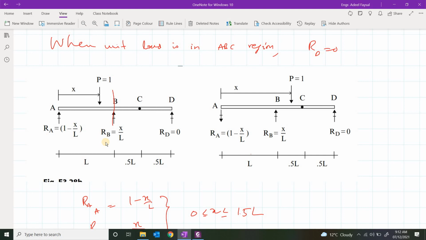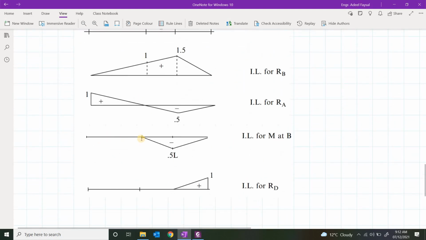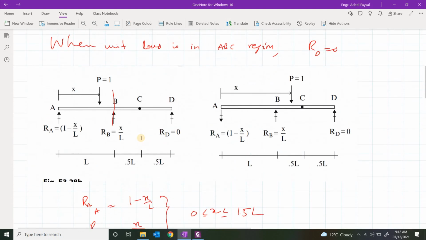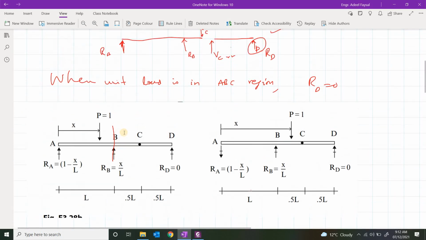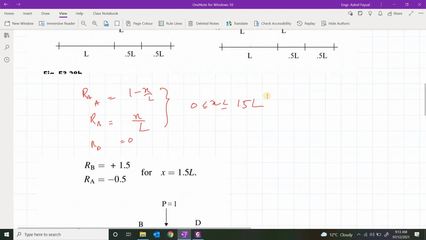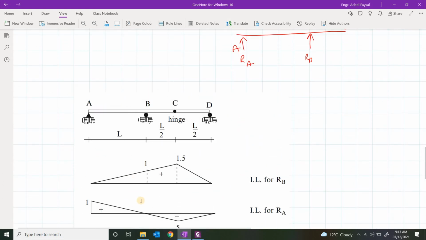This was RA, in this region. Because then the beam would be behaving like a simply supported beam, and we should see that the B end should not be able to resist any moment. Anyways, and then for the second case, this case, again you will be cutting a section over here and developing the equation for MB in terms of x and then plotting that expression.